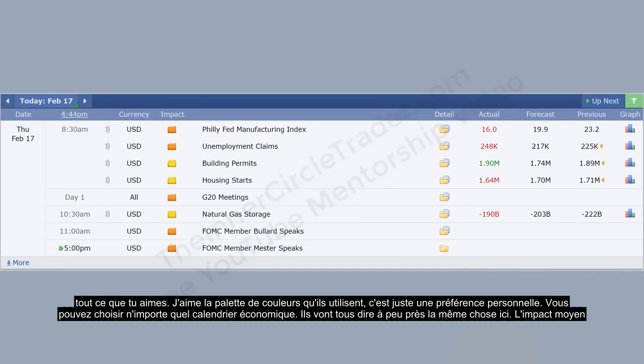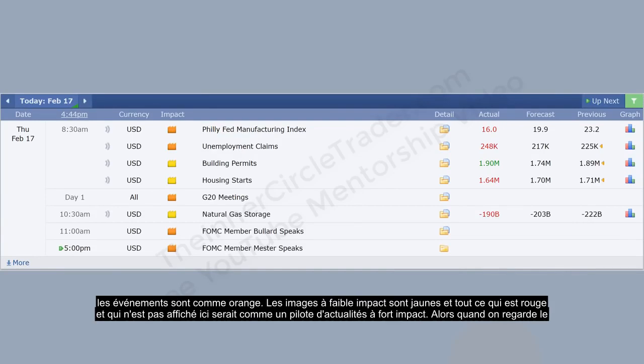You can pick any economic calendar. They're all going to pretty much say the same thing. Here, the medium impact events are like orange. Low impact are yellow. And anything that's red, which is not being shown here, would be like a high impact